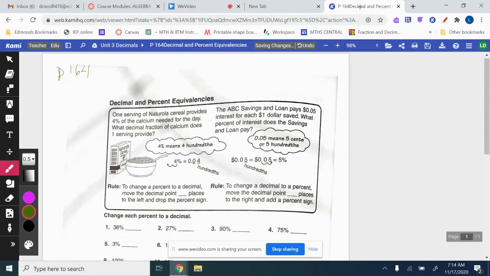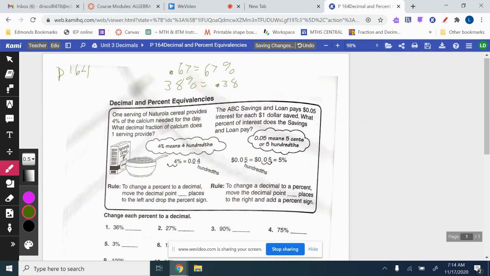Decimals and percents are equal. Equivalencies just mean equal when it comes down to it. So you guys can easily say that 0.67 equals 67%, and you can say 38% equals 0.38. But today we're going to look at what happens if we only have a percent with one digit, or